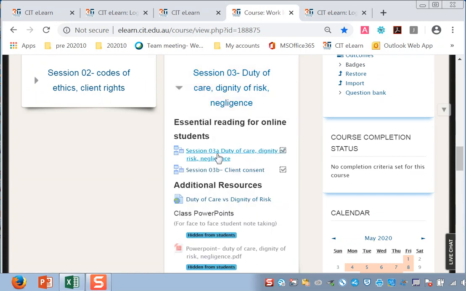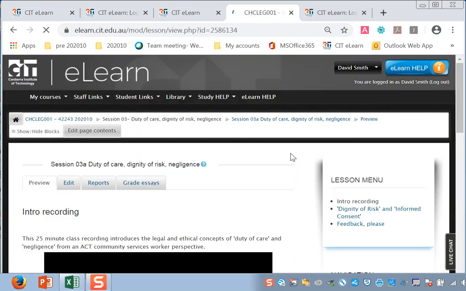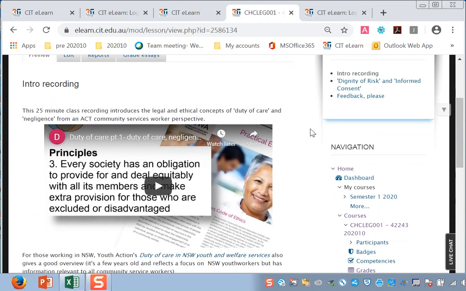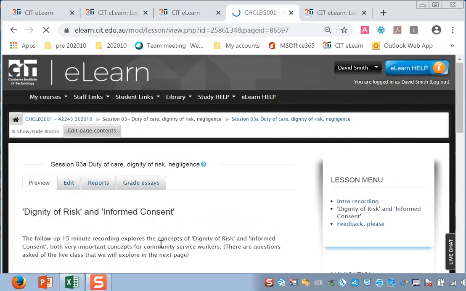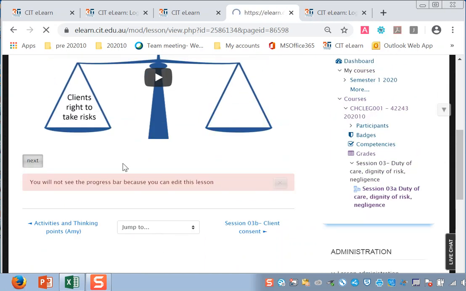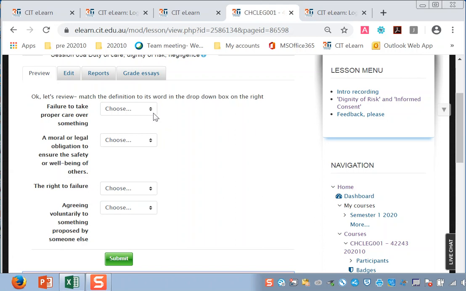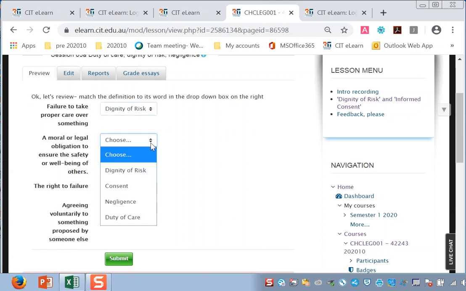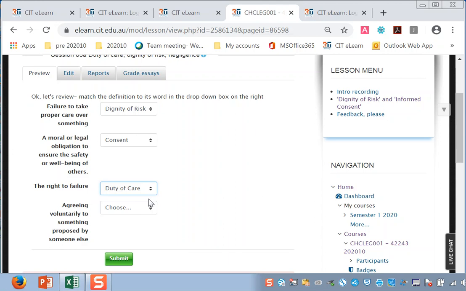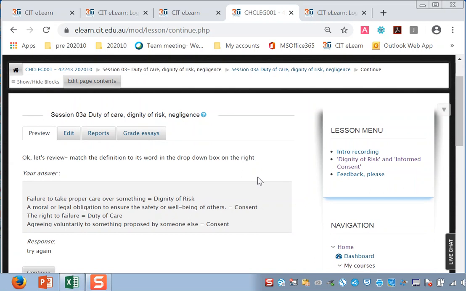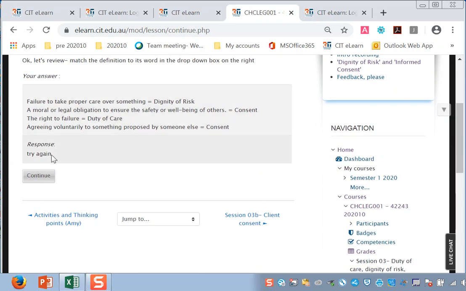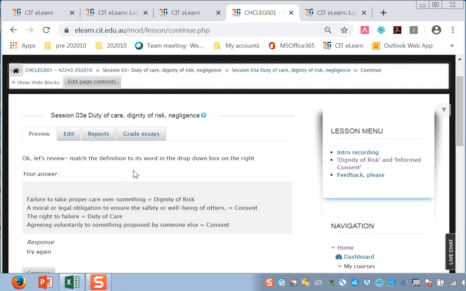Expand on them and you'll see individual lessons in there that you could click on, and that will take you through. There's videos, there's pictures, activities, quizzes and things. Now keep in mind, any quizzes that you find in this space are not assessment tasks. These are to help you learn. So when I randomly checked on those, it's actually going to tell me that I should try again. And sometimes there's a bit more feedback than that. But basically it's saying, I guessed the answers, I got them wrong. So that's a lesson that you'll find